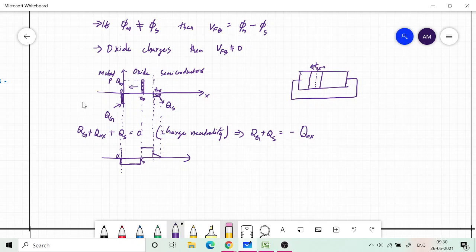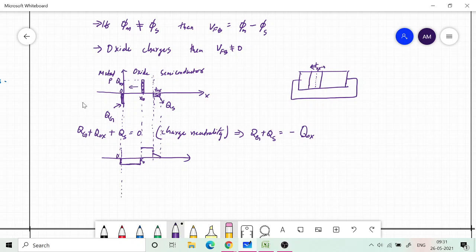The electric field changes when the flux lines are terminated somewhere. The termination will start only once you enter the semiconductor region, where there are depletion charges, and it takes some length to fully terminate, depending upon the number of flux lines. When it begins to terminate, your electric field will decrease, but before entering the semiconductor, it will remain constant with some magnitude. So this will be the electric field.